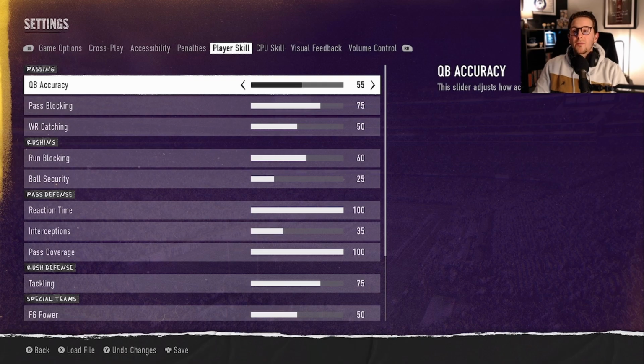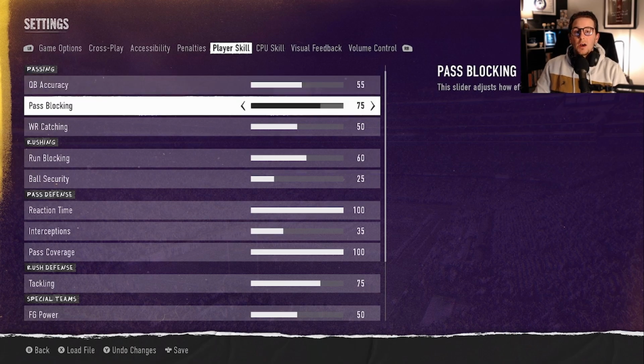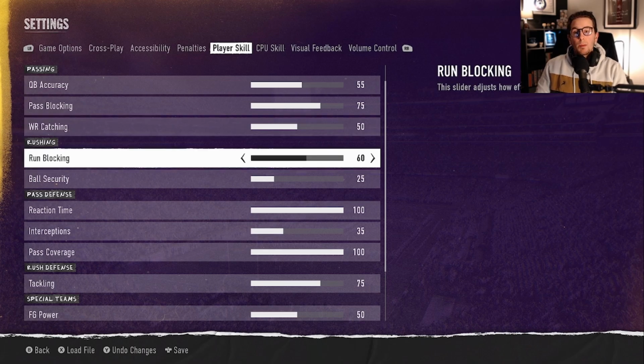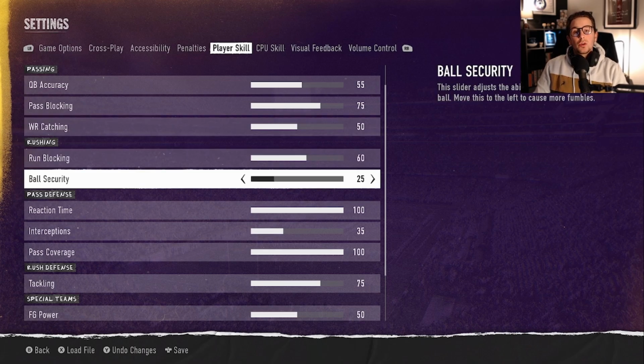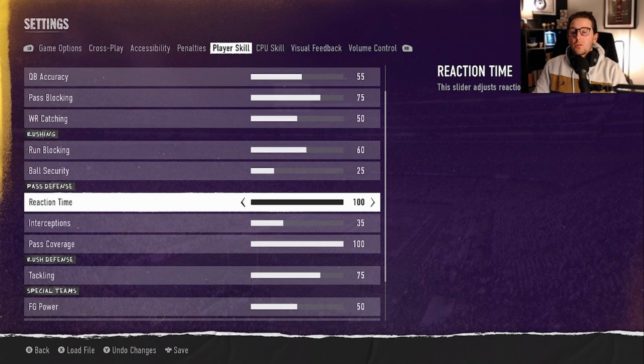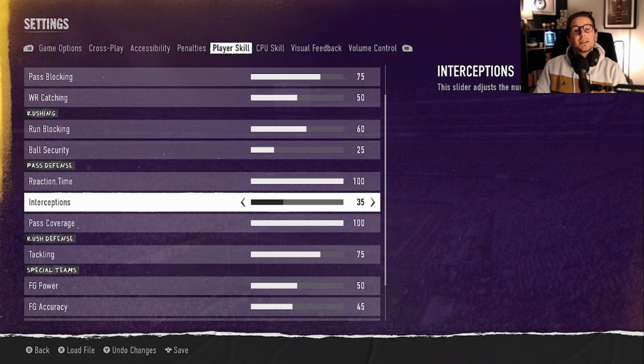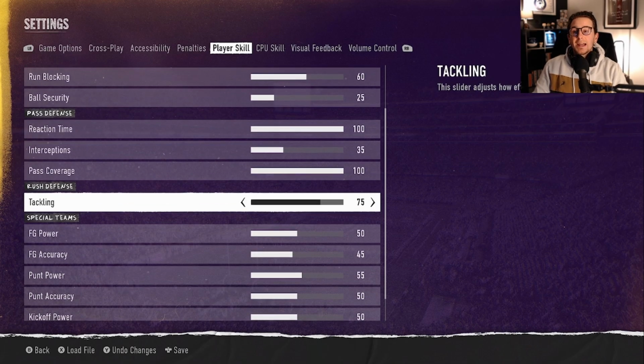So firstly, we have QB accuracy at 55 for the user, 75 pass blocking with 50 wide receiver catching. Run blocking is at 60, ball security is at 25, and then we've got a big increase on the pass defense sliders in particular, 100 for reaction time and for pass coverage, whereas interceptions is at 35. Tackling is all the way up at 75,